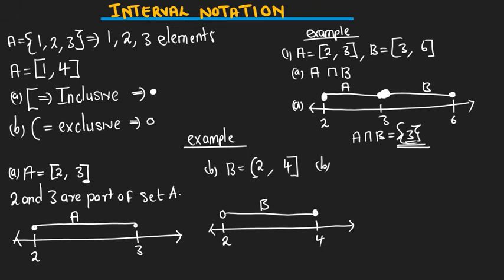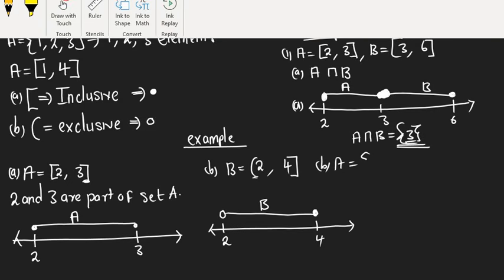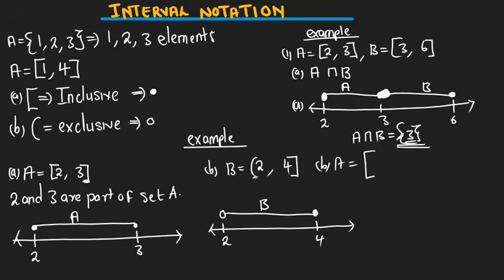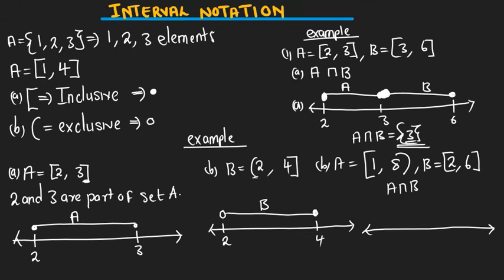Let me demonstrate something. You have A. A is starting from, let's say, I put a 1, and then I put, let's say, 8, and not included. Then I say set B is going to be, here's just examples, then going to 6. Find A intersection B. So you are going to plot the real line. Then you draw your numbers. So we're going to have 1,